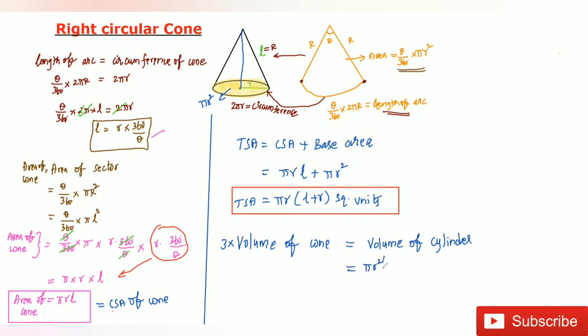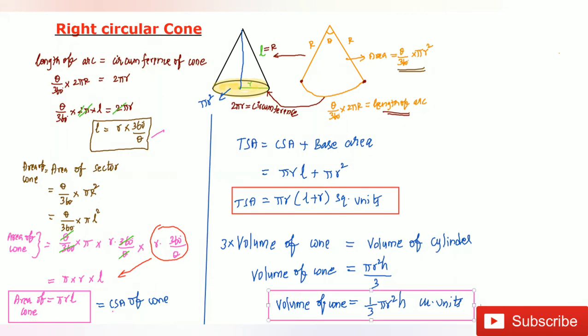We saw volume of cylinder equals pi r square h in the previous video. Through that, I'm going to find the volume of a cone. This multiple 3, if you send it opposite, we get in the denominator. So I'm getting 1 by 3 pi r square h cubic units. So this is our required formula for volume of a cone. No need to memorize anything. Now you people understand how we are getting these area and volume formulas. I hope this is very very useful.